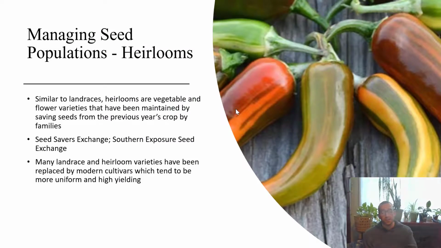We also have heirloom varieties, which is very similar to land races. Our heirloom varieties are vegetable and flower varieties that have been maintained just like our land races by saving seeds from the previous year's crop, typically by families. Our heirlooms are a little bit more managed, I'd say, than land races. Typically, your heirlooms have been bred to have particular traits, and those traits, by and large, will be passed down. They will be the same